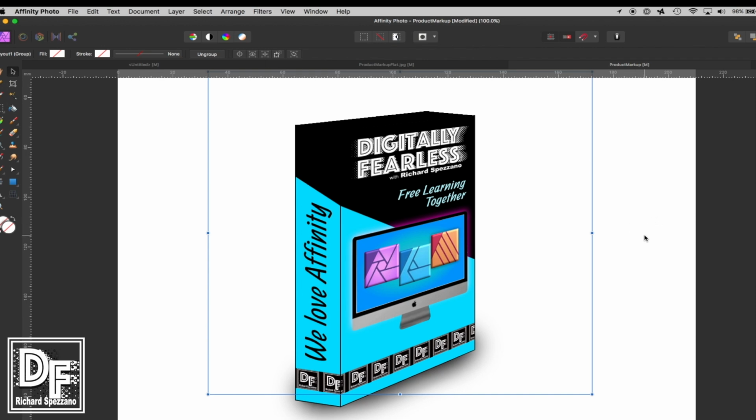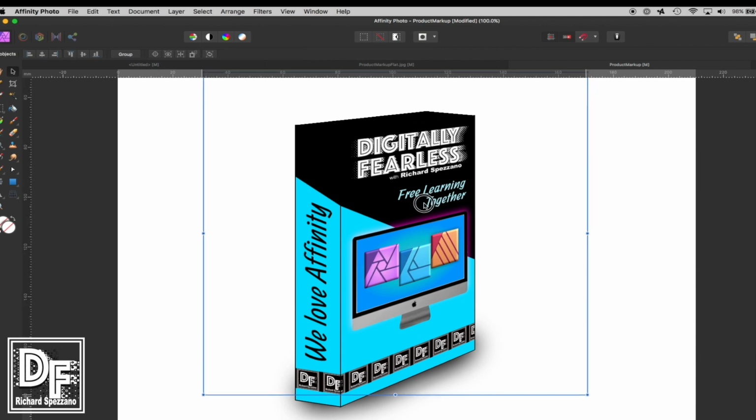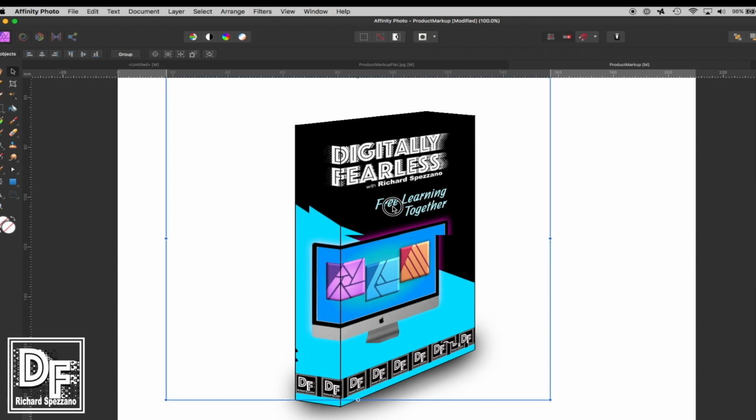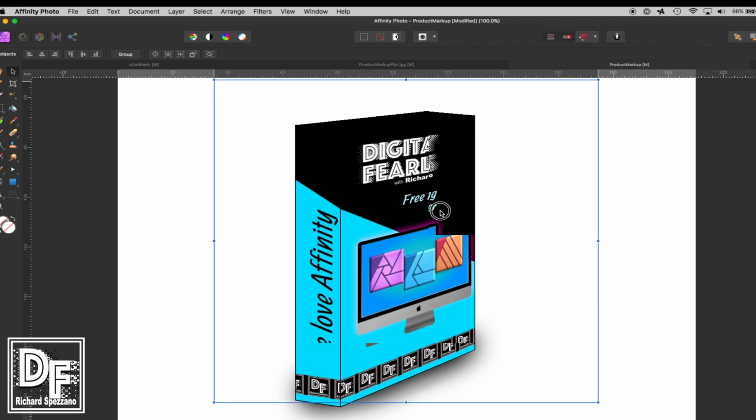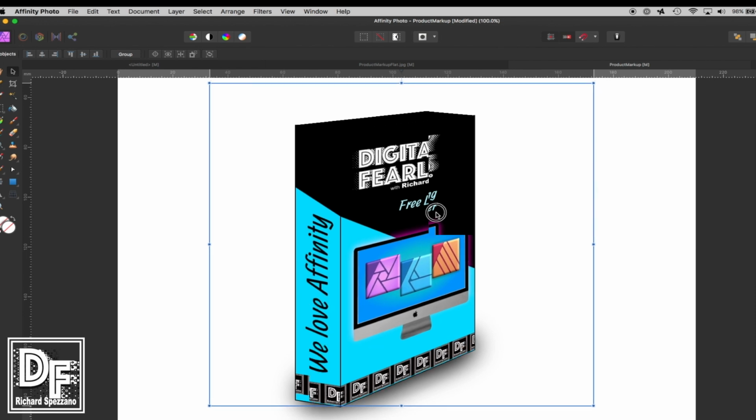Hello, Rich Spezzano here from Digitally Fearless, and today I'm going to show you how to create this 3D mock-up. You can do it with photographs or you can create your own layout. And the best part about this is you can move them around and just watch them wrap as they move. So you can move this whole thing, you can move them individually, and they will stay in 3D perspective, just